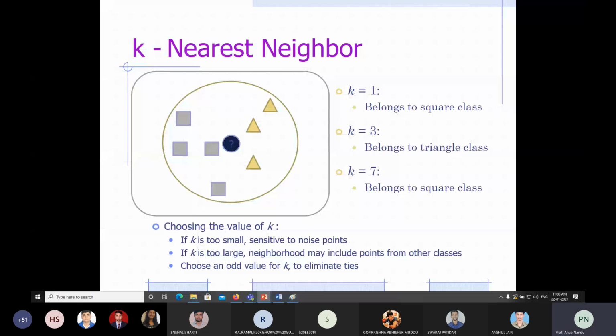Actually it depends on the problem under consideration, the problem at your hand. So I'm not telling you that for all the cases you will encounter this kind of problem. But whenever you have this kind of problem, you need to look at it. You should not choose k too small. If you choose it too small, then some noisy points will be included and considered as a data point. And if your k is very large, then the neighborhood points will also be considered for the other class. So you have to do some optimization.